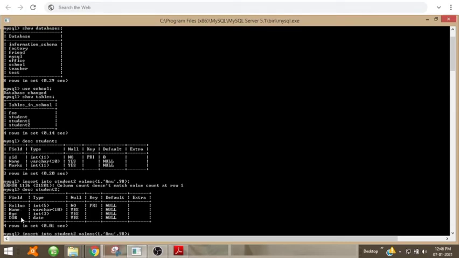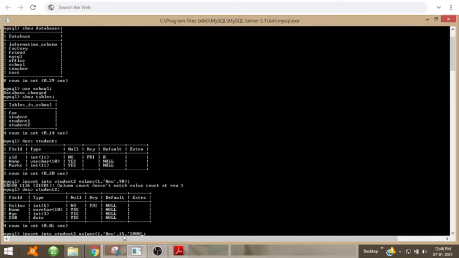So insert into student 2 values. What are the values? Roll number, name, age. Let the age be 15, comma, then the date of birth.